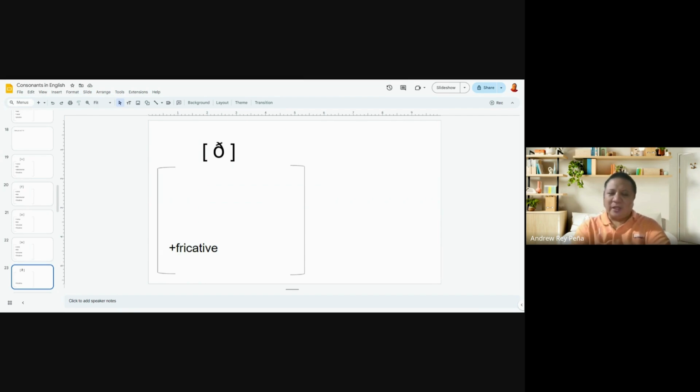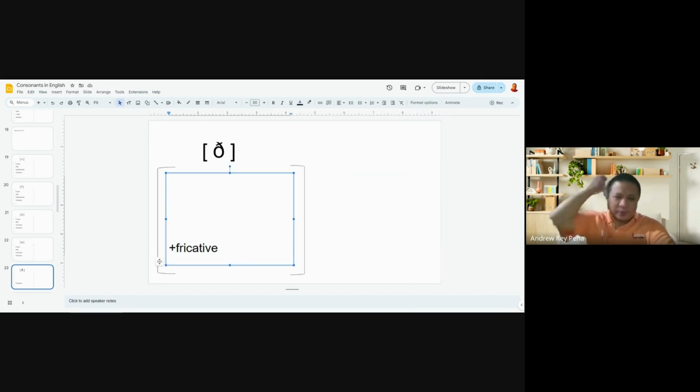Then we have the hard th. This sound is produced with the tongue coming between the upper and lower lips. Okay, this one is voiced. So when you produce the th, there is vibration in your throat. The vocal cords vibrate. It's unaspirated. There's no audible puff of air. And it is